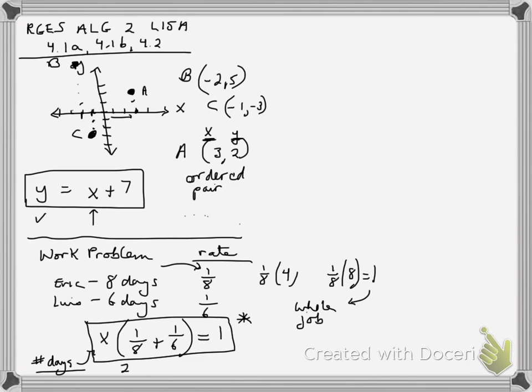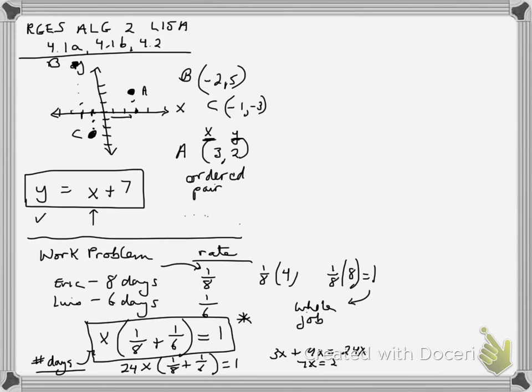So I would have 24 times x times (1/8 plus 1/6), and just leave it that way. 8 goes into 24 3 times, and don't forget your x, so I would have 3x times 1, or 3x. 6 goes into 24 4 times, so I'd have 4x times 1, or 4x. And 24x times 1 is 24x. Then I'd add it. 7x equals,